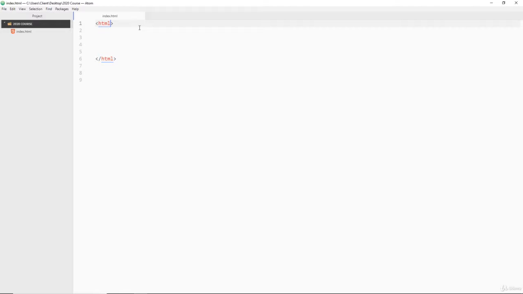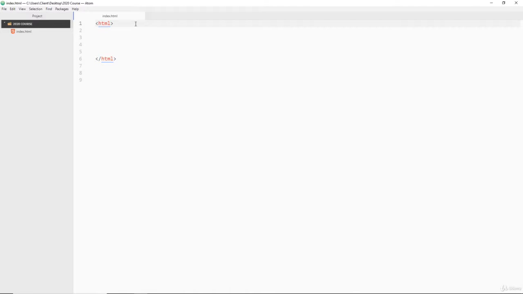What is an HTML attribute? HTML attributes go inside the opening tag. So all tags have opening and closing tags. Some of them don't. Most of them do though. Something like an image tag, they don't have closing tags. But most all HTML tags have closing tags. And if it doesn't have a closing tag, it at least has an opening tag,